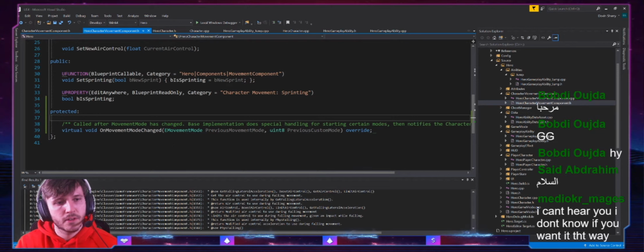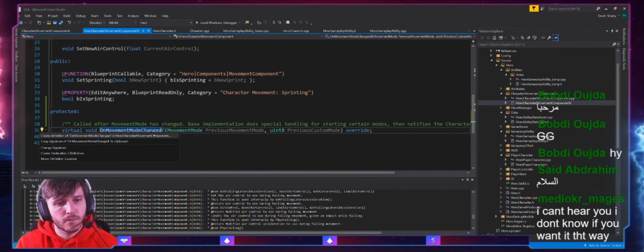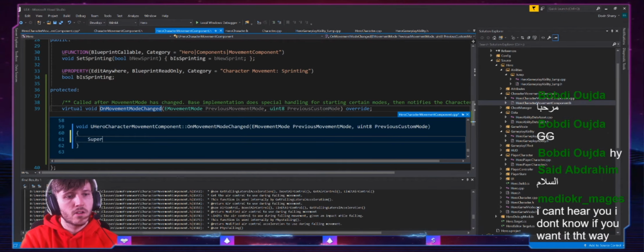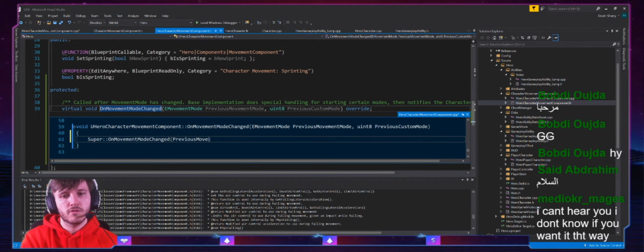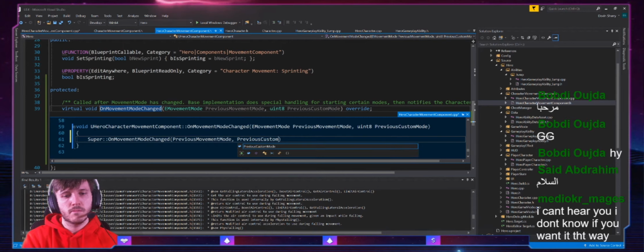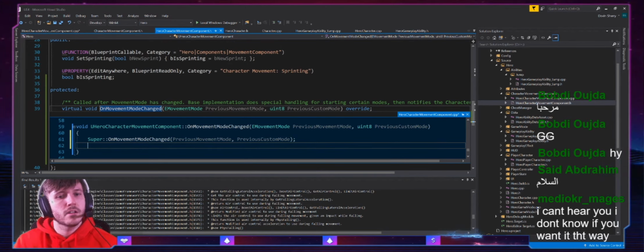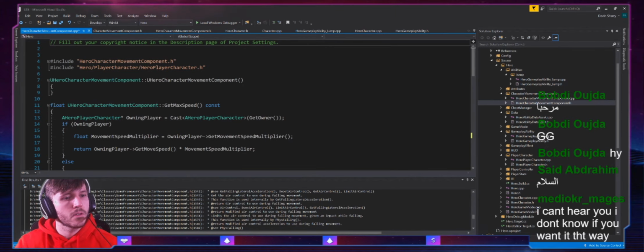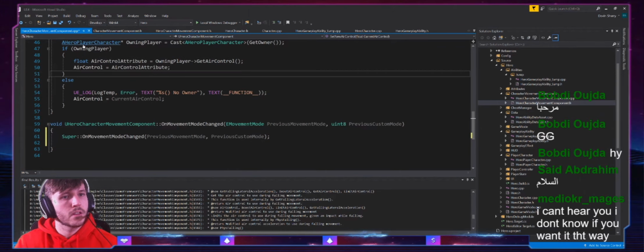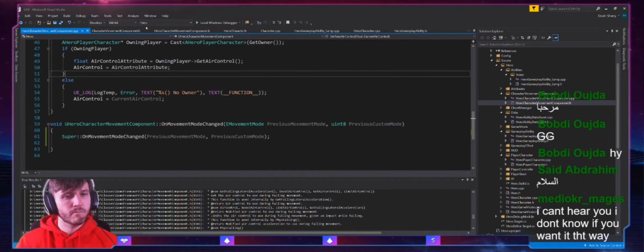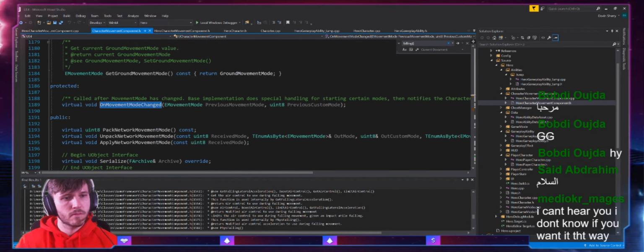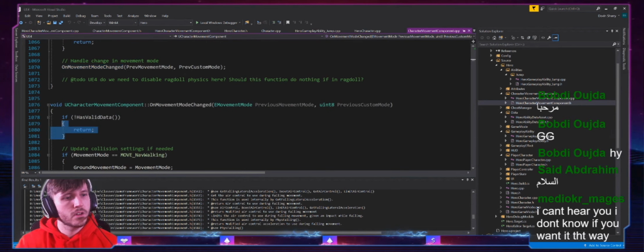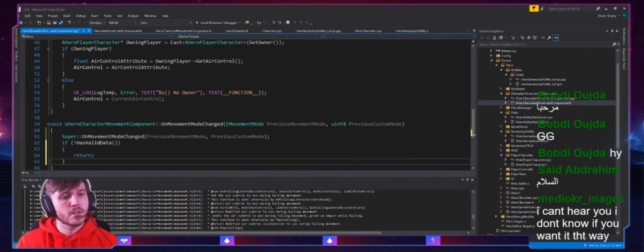Let's wait for it to catch up. Thank you. Super on movement mode changed. Previous movement mode, previous custom mode. Now let me look at this function. I want to copy this. And I want to copy